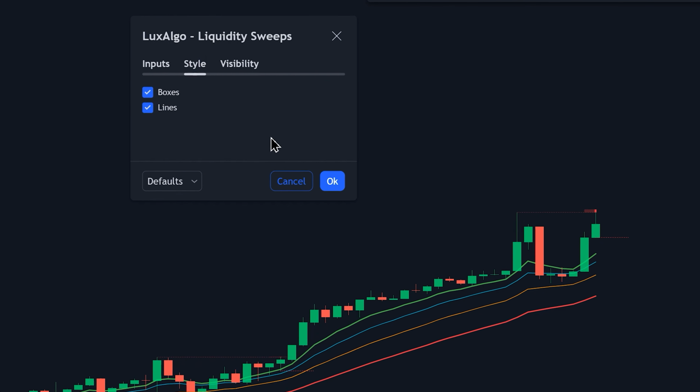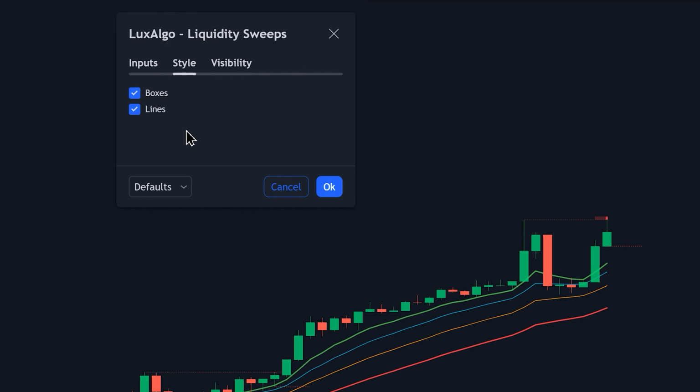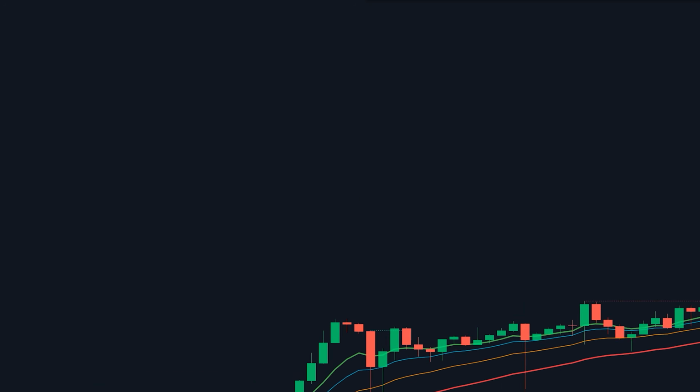In the Inputs tab, the choices are more straightforward, with options to disable either the boxes or lines, providing simplicity in customization. At this point in time, I know you may be thinking, but how can we actually use this